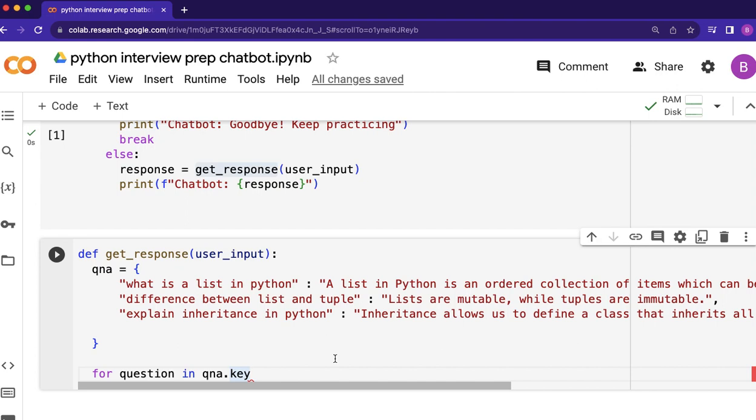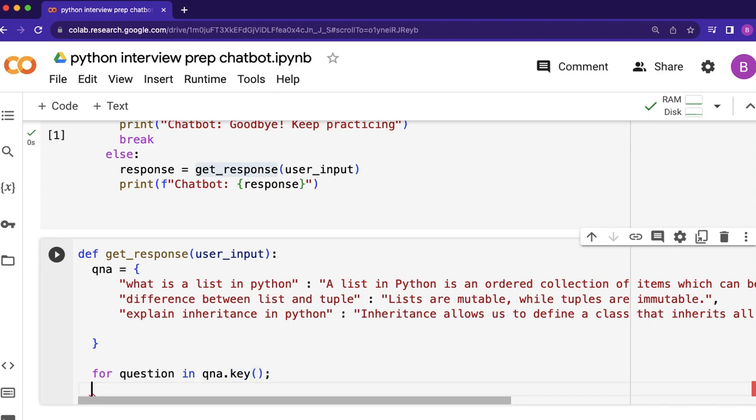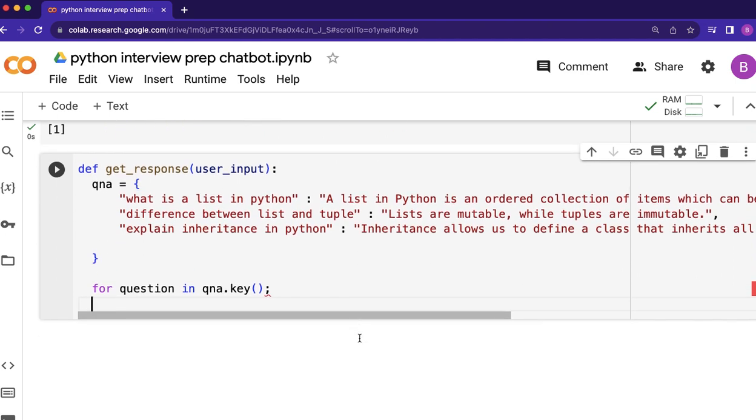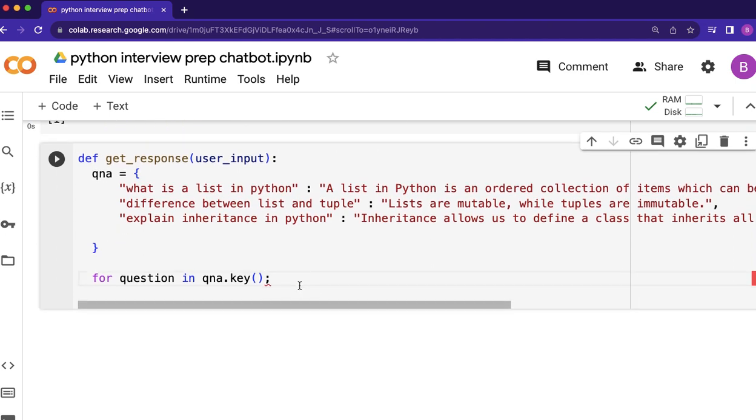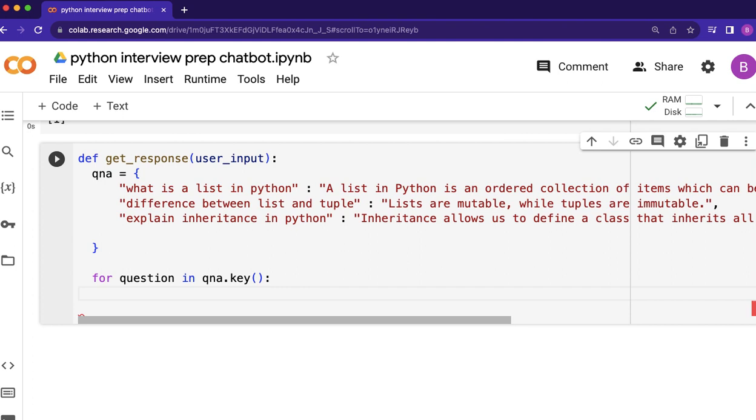So for question in qa.keys(), if question in user_input,